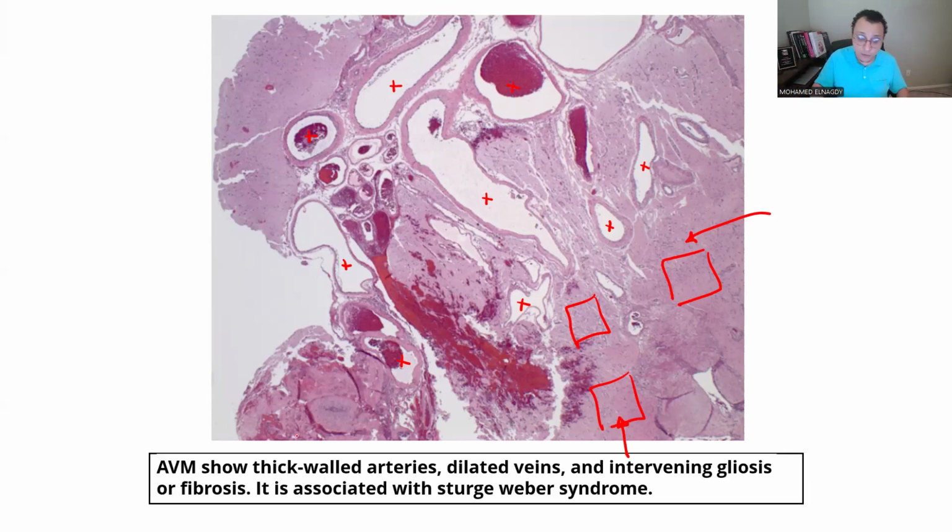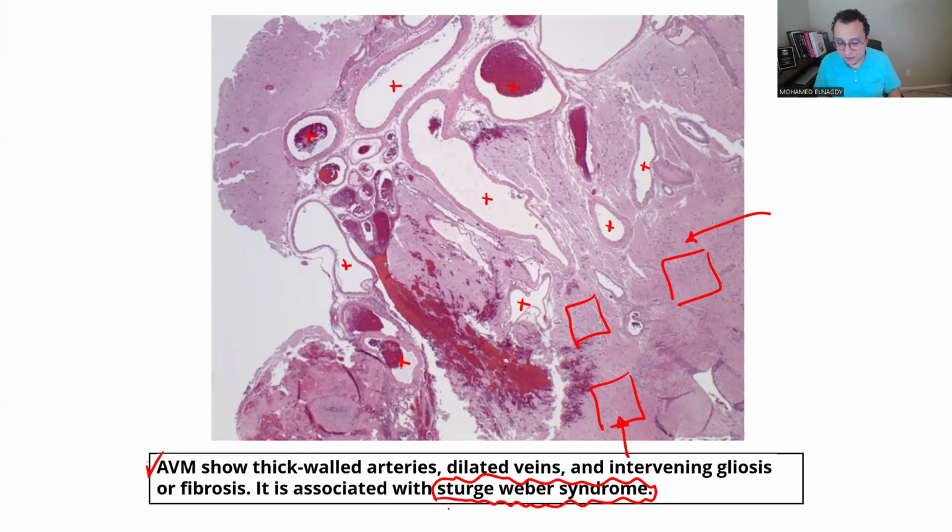So this means that I'm dealing with an AVM or an AV malformation. In AV malformation, it shows thick-walled arteries, as you see right there, dilated veins and dilated vessels with the intervening brain tissue looking normal. It has some degree of gliosis or fibrosis, but it doesn't have any abnormal, standing out cells in the brain tissue in between. You have to remember and memorize that AV malformation is highly associated with Sturge-Weber syndrome, which